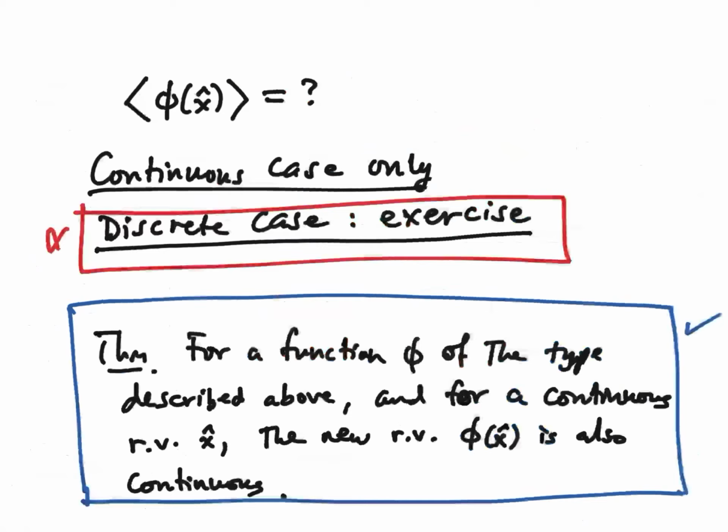And let me just remind you what discrete means: the CDF is a tame step function. So what you essentially have to prove is that if big F is a tame step function, then big G is also a tame step function. And that's not difficult to do. If you stare at the formula for big G, and just keep in mind that big F is a tame step function, you should easily be able to establish that big G is also a tame step function. Okay, anyway, so what about